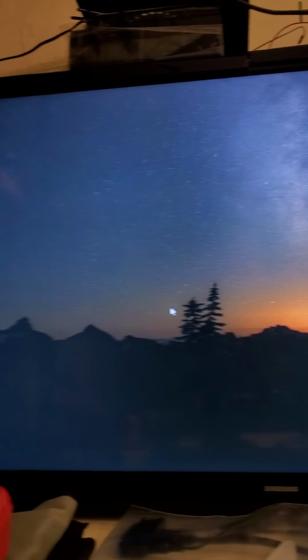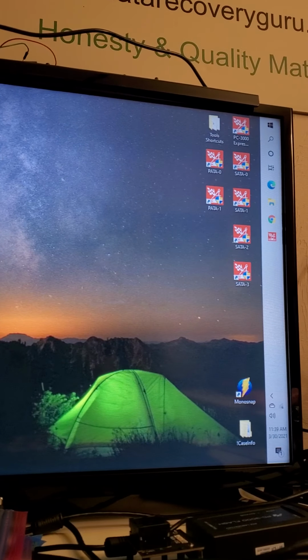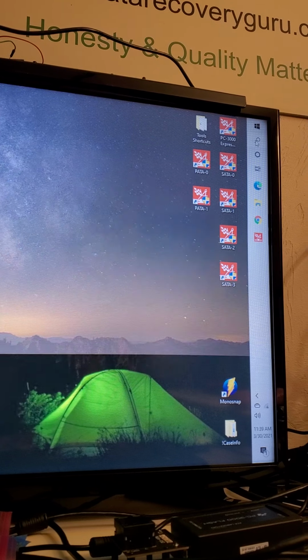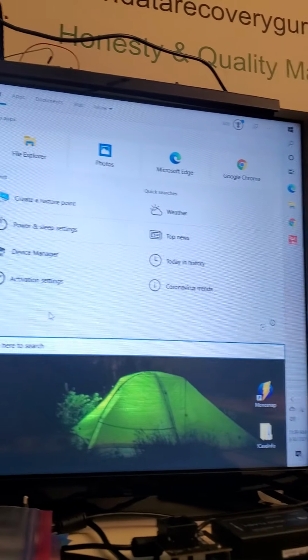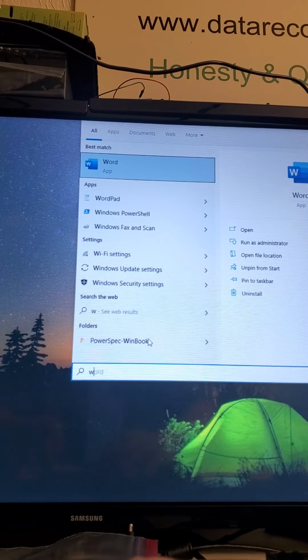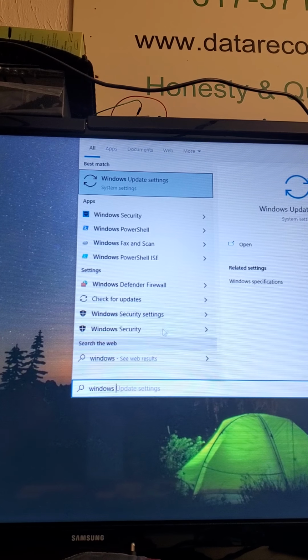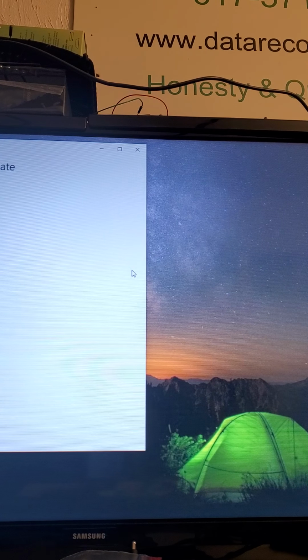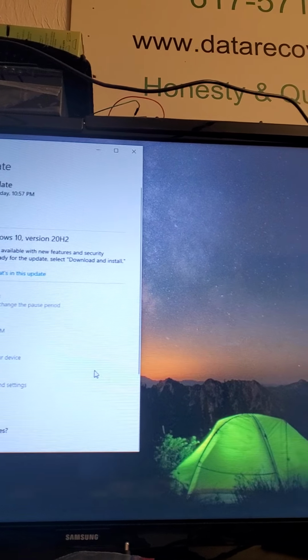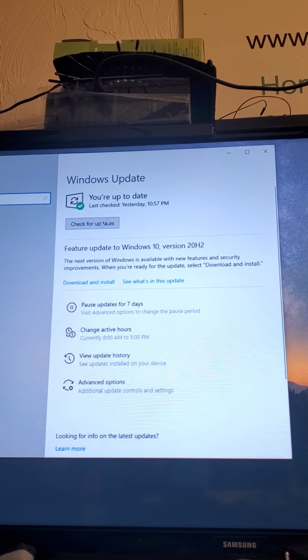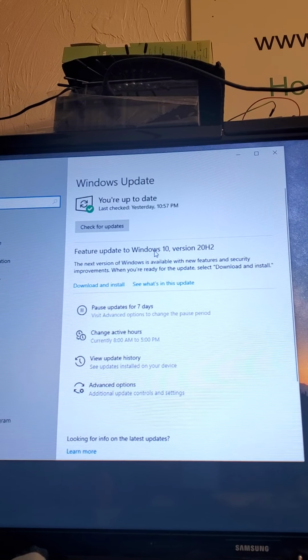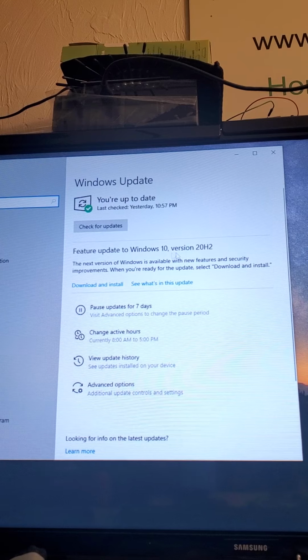Now, whenever you have Windows 10 trying to install a new update, see Windows update settings. You typically get notifications when Windows wants to install the updates. And so before you install the updates,